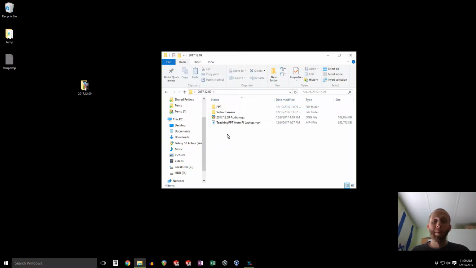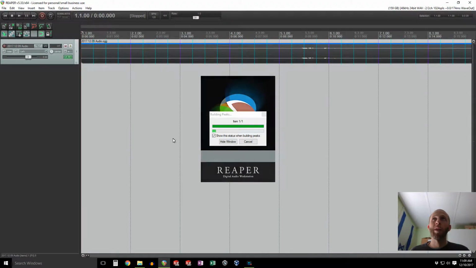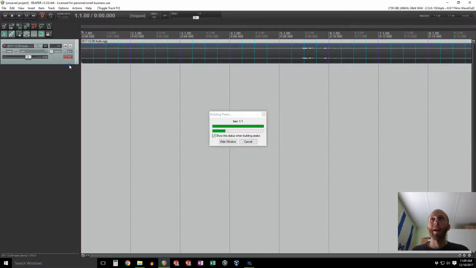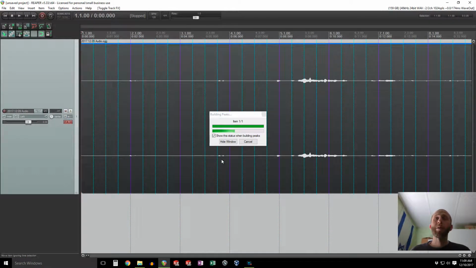So the first thing I recommend doing is processing the audio file. We're going to open up the audio file in a program called Reaper. If you just double click it, if you have Reaper installed, it should open automatically. Reaper takes a moment to open, and then the first thing we're going to do is find where PJ